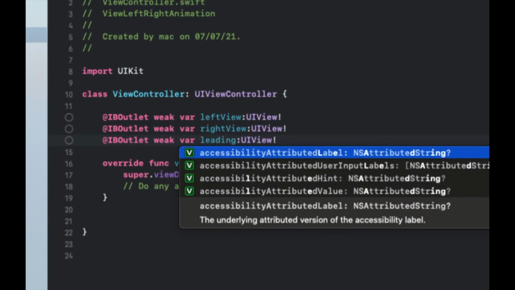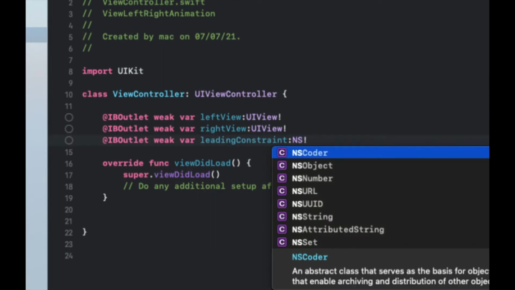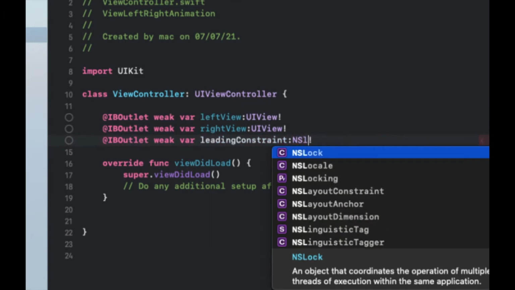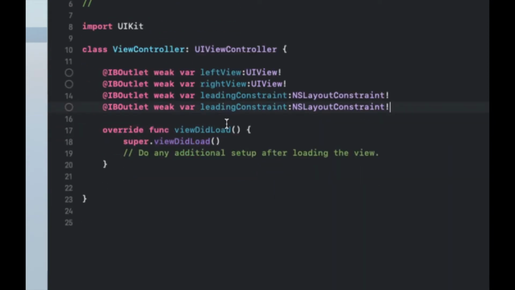We are creating the left view leading and right view trailing constraints only to make it easier for us to assign values to the animations.